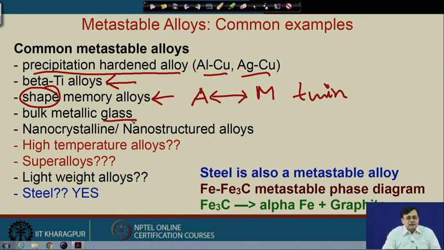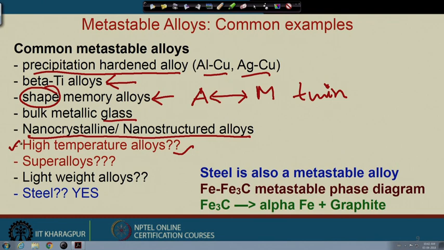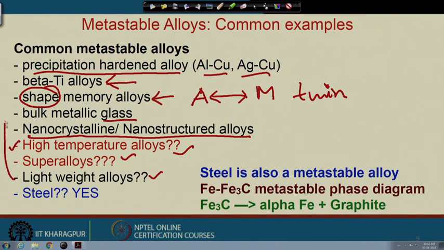Definitely the glassy phase is metastable, as I have already discussed. Retaining nano size grains in nanocrystalline or nanostructured alloys, they are metastable alloys. Also at high temperature, there are several metallurgical tricks we use so that the precipitate does not grow even at elevated temperature above 1000 degrees. Then only can we develop such high temperature alloys, the same as superalloys, which are one type of high temperature alloys. Lightweight alloys are also a common example of precipitation hardened alloys, and also cast aluminum alloys.